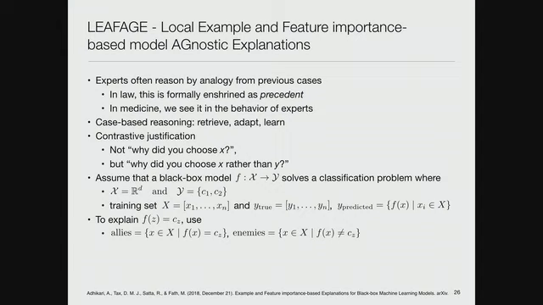that they call leafage, which basically says, remember, what Lime did is it sampled non-existent cases, simplified non-existent cases. But here they're going to sample existing cases. So they're going to learn from the original training set, but they're going to sample it by proximity to the example that they're trying to explain.